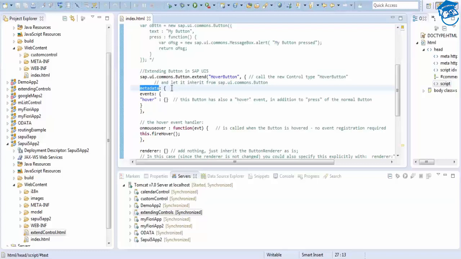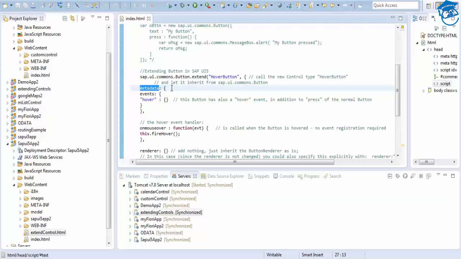Similarly, in Fiori applications or any SAP UI5 applications where you extend a component, like UI.component.extend, as we have seen in the OSHL example in mobile, that's extending components. That time also they have used the extend keyword to extend controls.